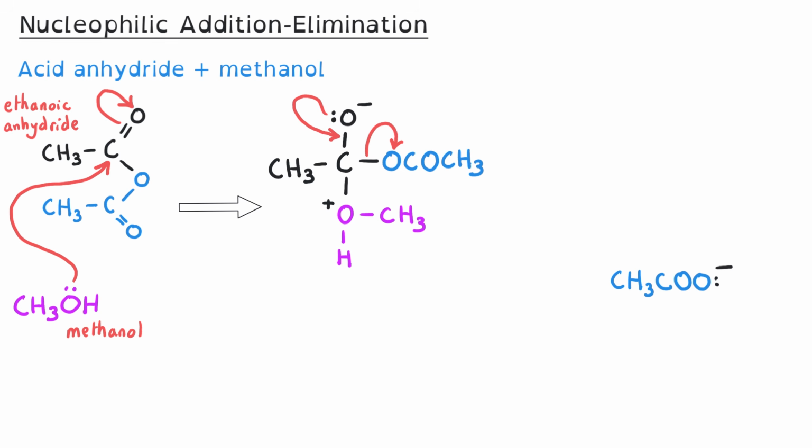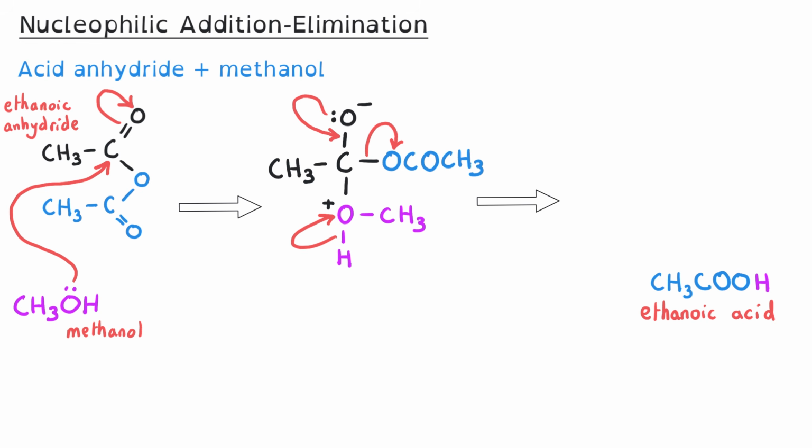And the nucleophile part of the organic molecule needs to have its charge stabilized, and so that oxygen will take both of the electrons from one of the covalent bonds that it had, and it will take it from that hydrogen atom because that bond is easier to break, and so the hydrogen atom will also leave this molecule, and it will combine with the rest of the acid anhydride that left this molecule, and we will see the formation of a carboxylic acid. And in this case, because I was using ethanoic anhydride, we would produce ethanoic acid as